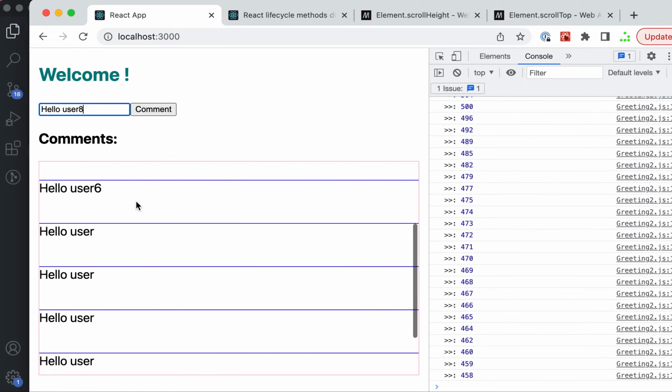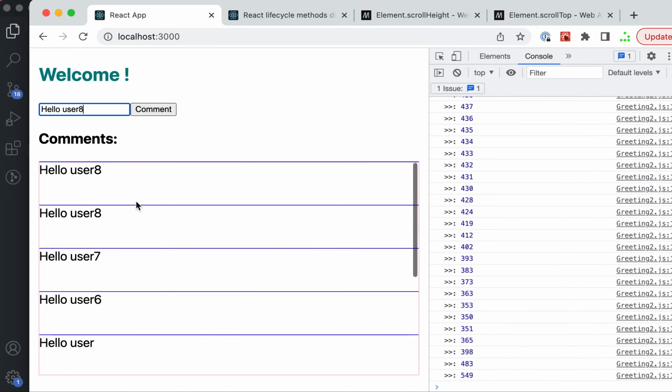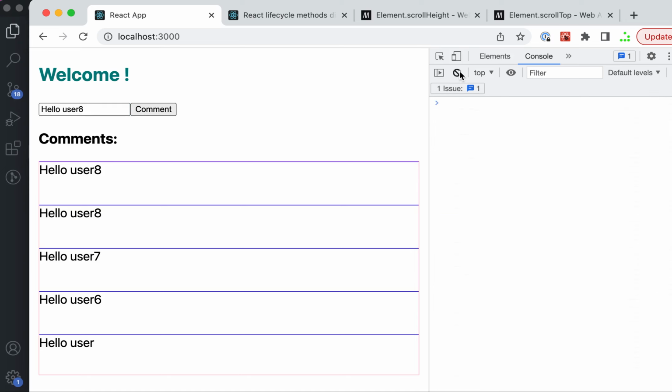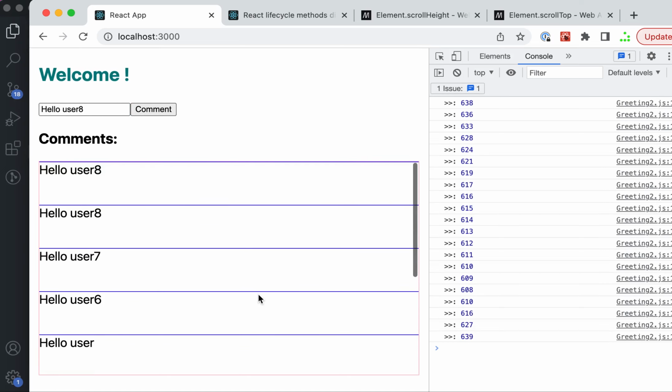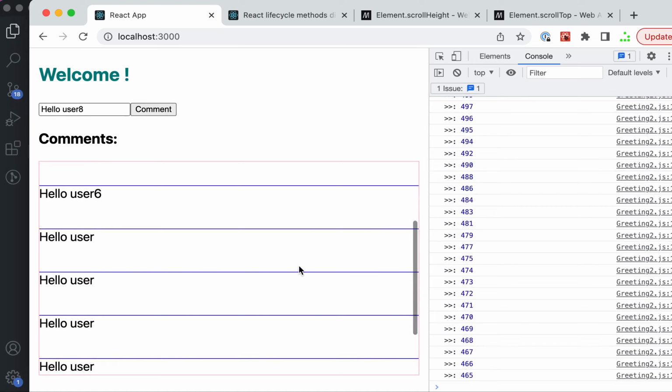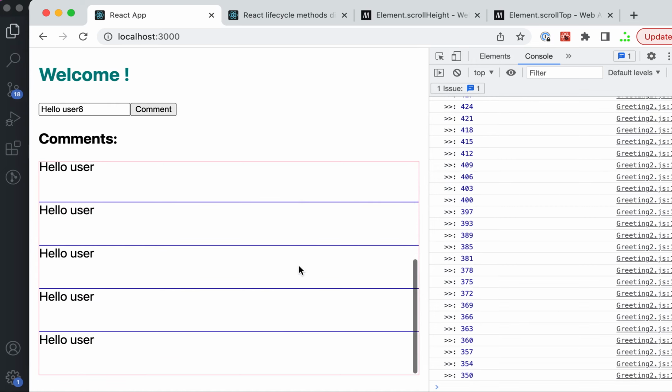So now you can see that right now, whatever is my distance, if I am at the top, then 639 is the height of the container, and that's why the distance is still also 639. But as I scroll, you can see that the distance from bottom is decreasing. And as I go all the way till the end, then distance from bottom,